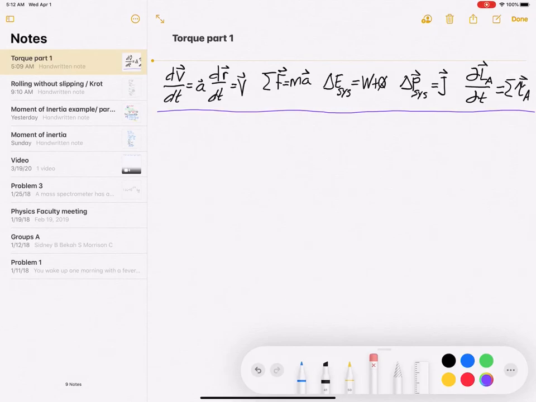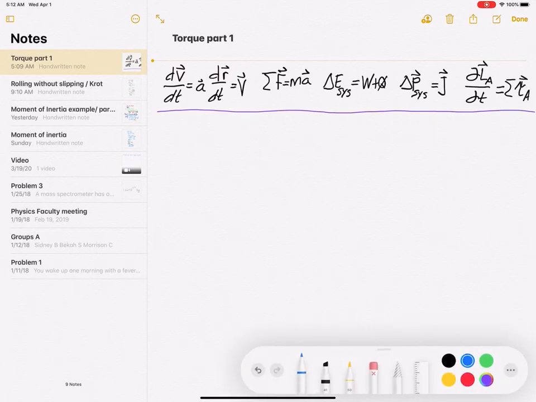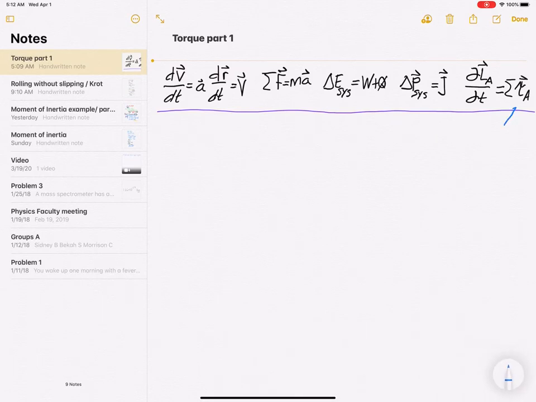Hello, everyone. Today we're going to spend time looking at this piece of the angular momentum torque equation. So the piece I just highlighted is called torque,